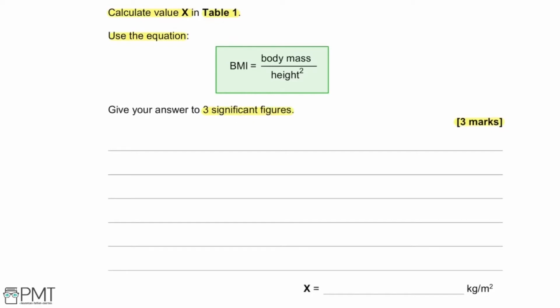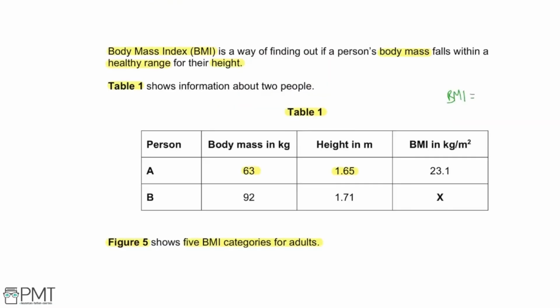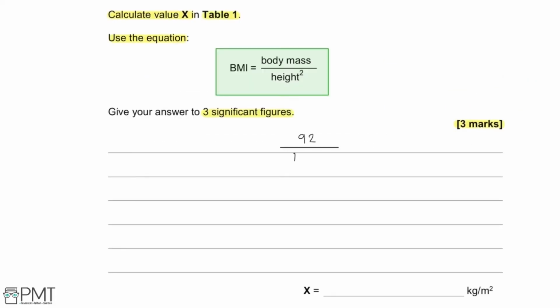First, let's return to the table to get our data to calculate x. Remember, BMI is equal to body mass over height squared. It's important you don't plug them into the equation the wrong way round. So the values we want are 92 and 1.71, and that's the value that we square. We then put these into the equation, and we get an answer of